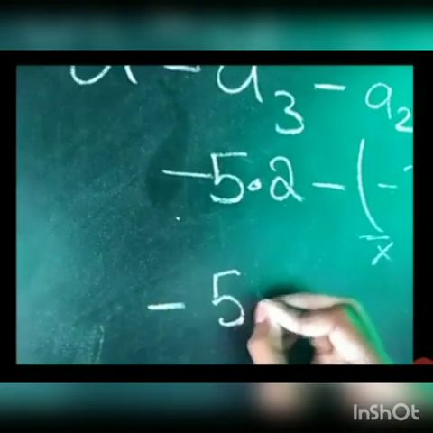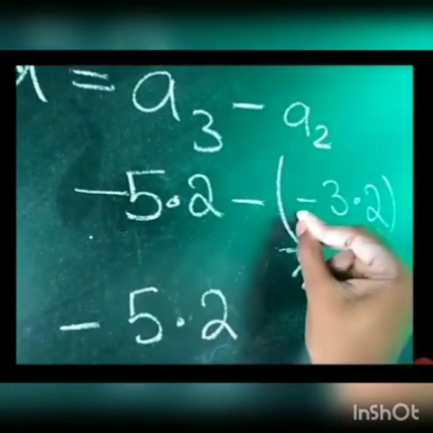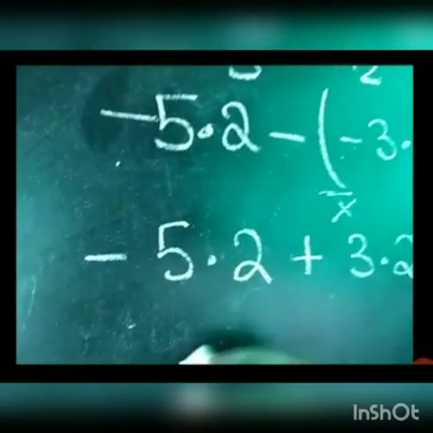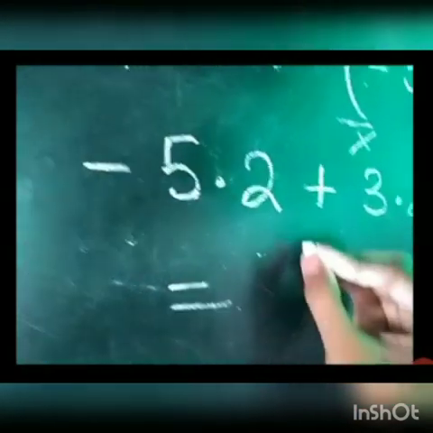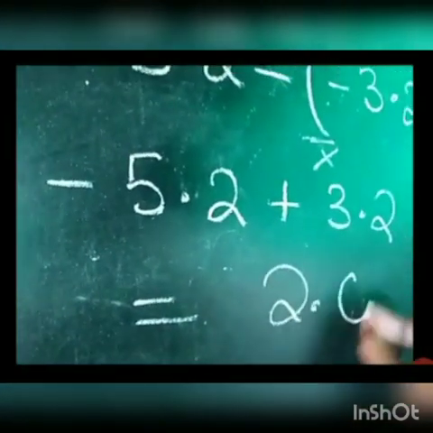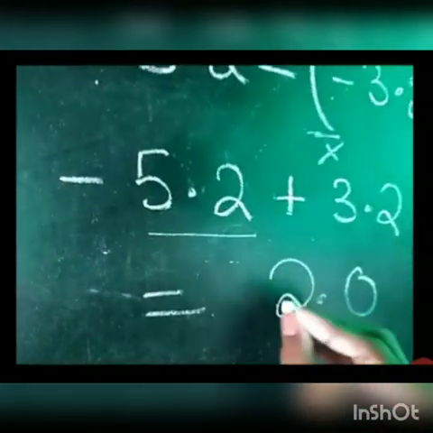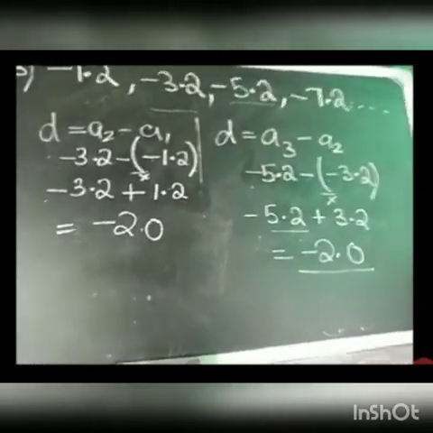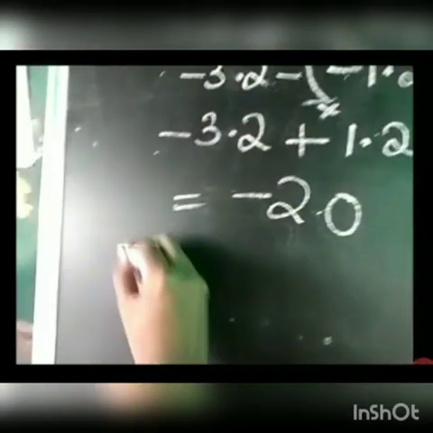Minus 5.2. Minus into minus is plus 3.2. Signs are different. When you subtract, you will be getting 2.0 only. The greater number is having minus, so minus 2.0. Since the common differences are the same in both the cases, we can conclude that it